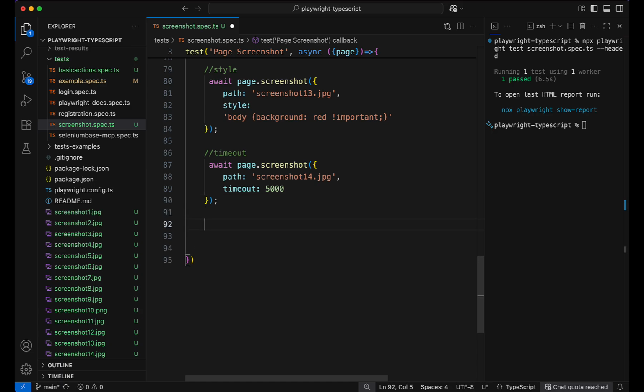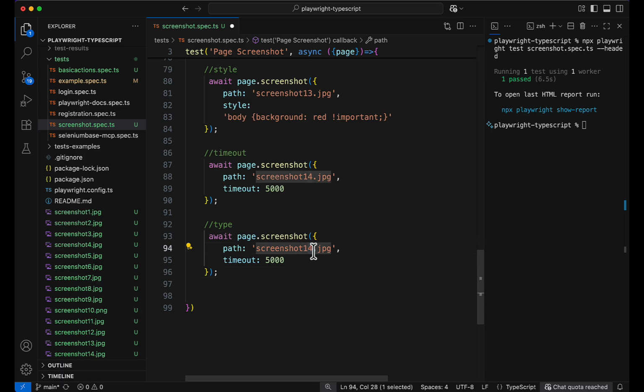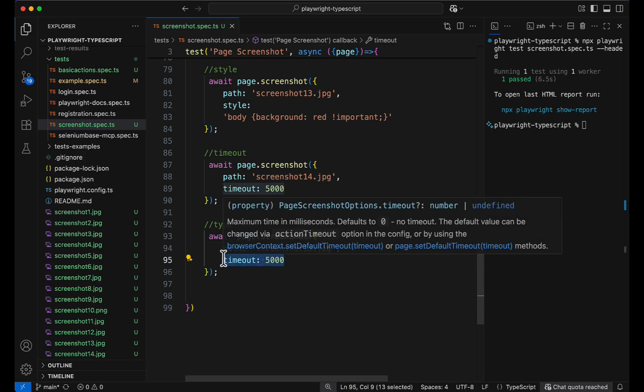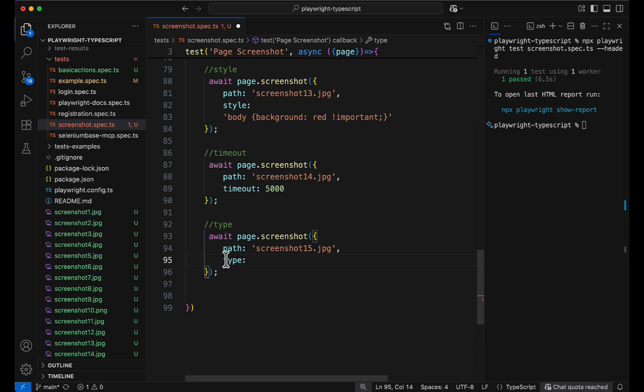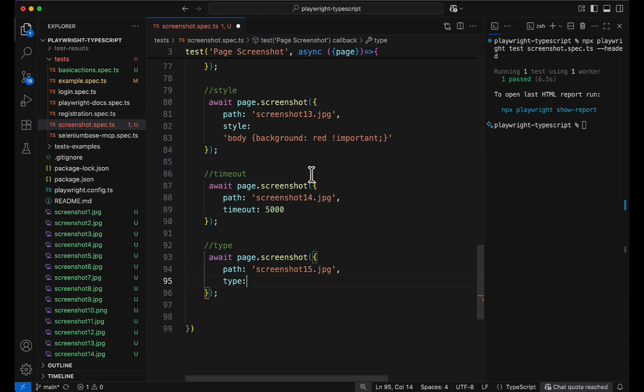Okay, next we have the last one, which is type actually. This is the image type, whatever screenshot we are taking. So that screenshot type, the extension of that file, we can change. So if I hover here, you see there are two types, PNG, JPG. So even if we are giving it here,